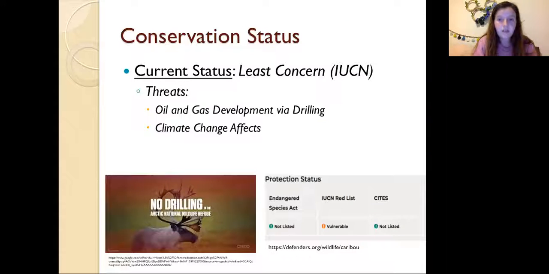Because of this, they are currently, according to the IUCN, of least concern, but there are a lot of threats to them, and a lot of them have to do with human involvement. So oil and gas development through drilling, and then, of course, these climate change effects that we are seeing. So that does put them on the red list as vulnerable due to those current issues. Really, the changing of the climate, fire, ice, changes of vegetation, and even increased pests. Having more pest species could even be an effect that could harm them in terms of habitat use